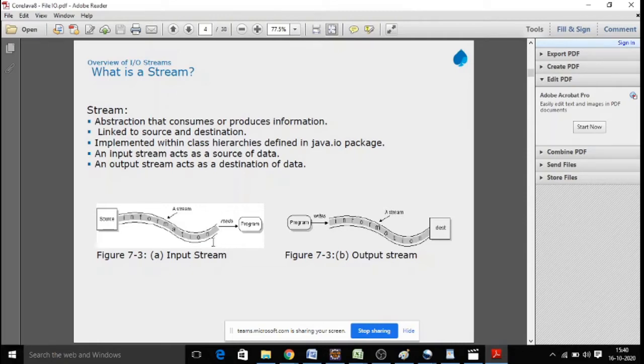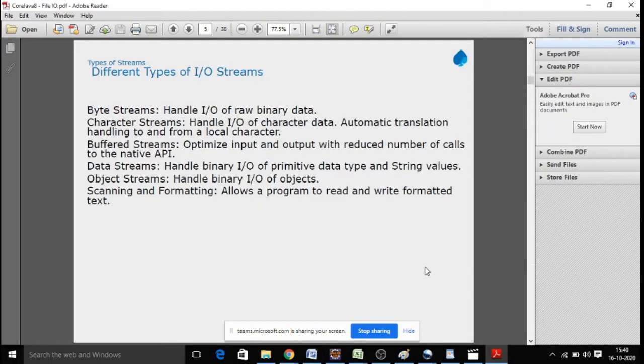Input streams are used for reading, output streams are used for writing. How do we make use of them in our applications? Whenever you want to read the content of a file into your application, we go with byte streams as well as character streams. If your file contains binary information, we go with the byte stream. If it contains character information, we use the character streams.